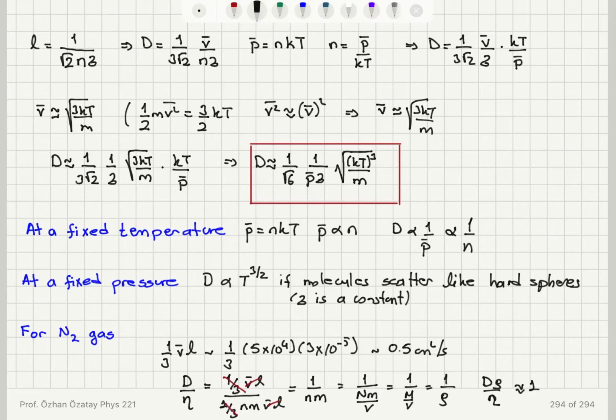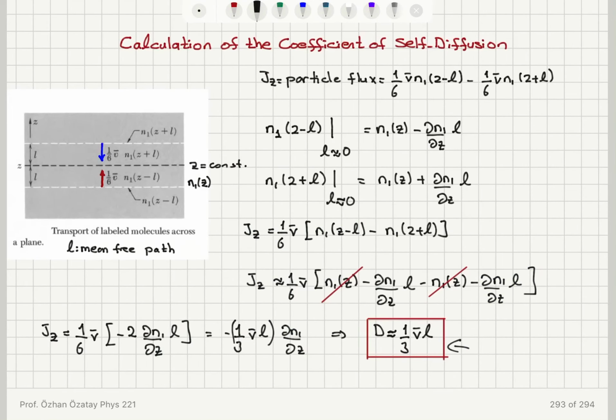Now we find that experimentally it is 1.3 to 1.5, and that basically comes from the approximations we're using here. We're going to have a small discrepancy for the ratio of diffusivity to the coefficient of viscosity. So we can see experimentally 1.3 to 1.5, and as I said, it's due to our approximations. Okay, so